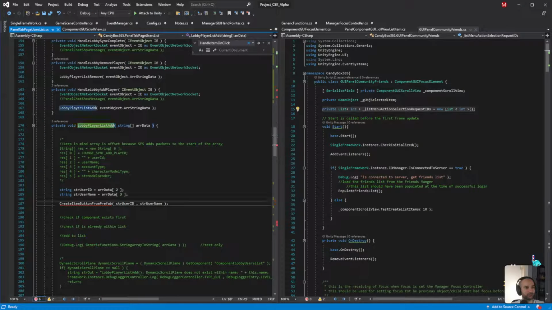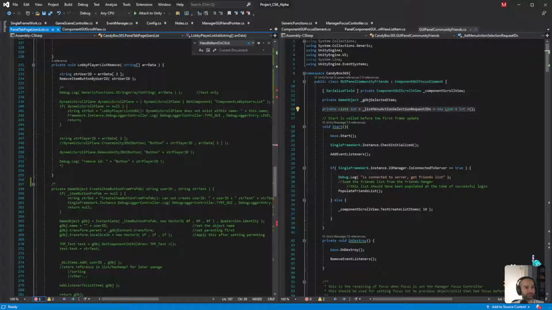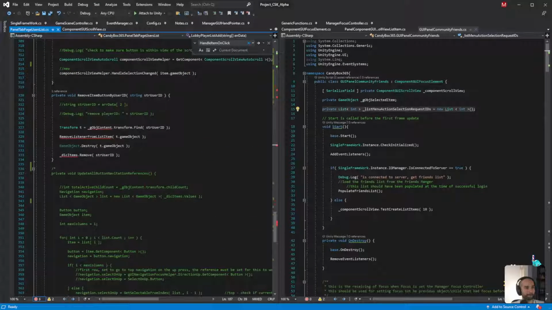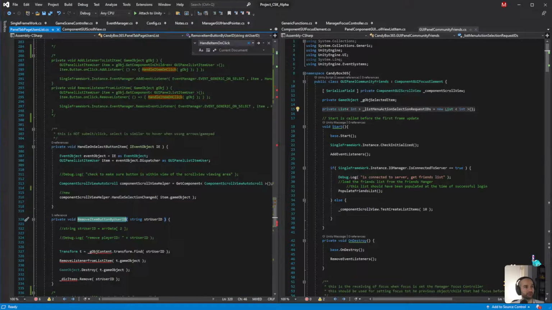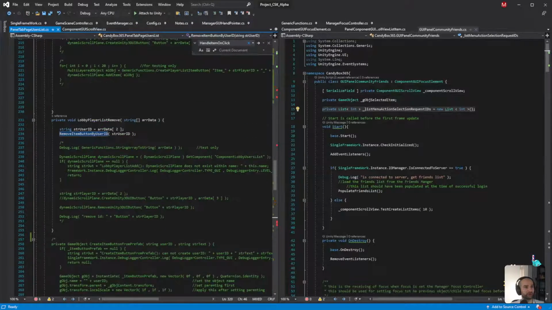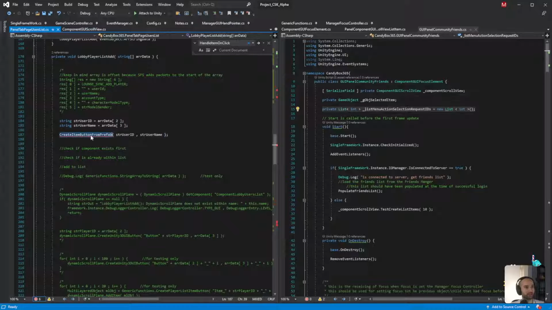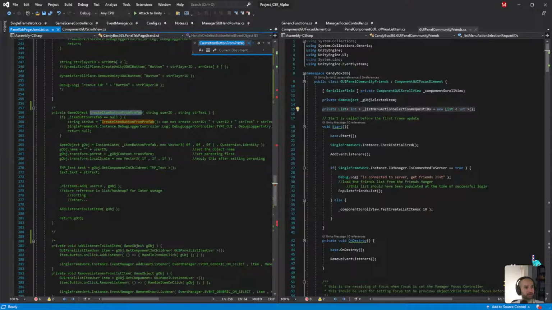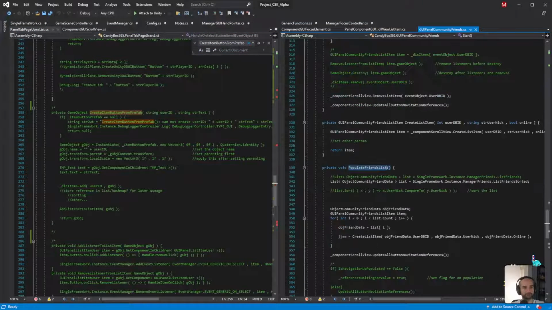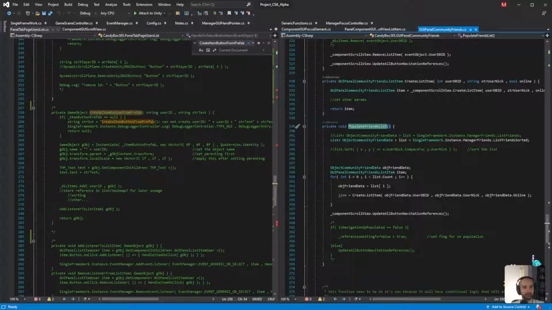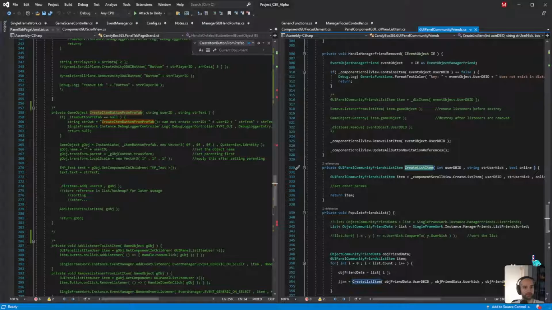Lobby listener, create a button item from prefab. Okay, so this function is going to be remade. And dictionary, remove item button by user ID. Okay, that's definitely going to be remade. It's no longer needed there. Okay, so the two that we need to modify, one is this, which is now going to be called something else entirely. It is going to be called create item or create list item.